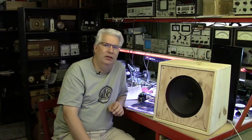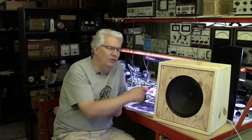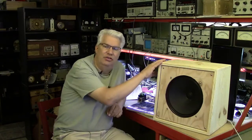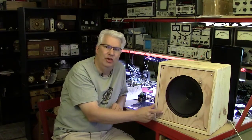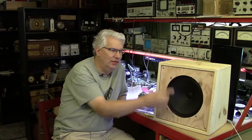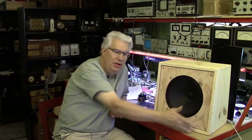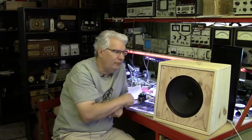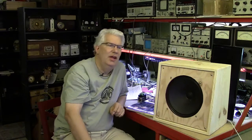So if you're really on this tone binge, you've got to take into account the cabinet, the materials, the construction of the cabinet, and particularly the choice of material for the baffle. That's the thing that holds the speaker onto the front, and its attachment points to the back cabinet, whether it's open back or closed back, whether it's damped inside. There's just a lot of variables in this,